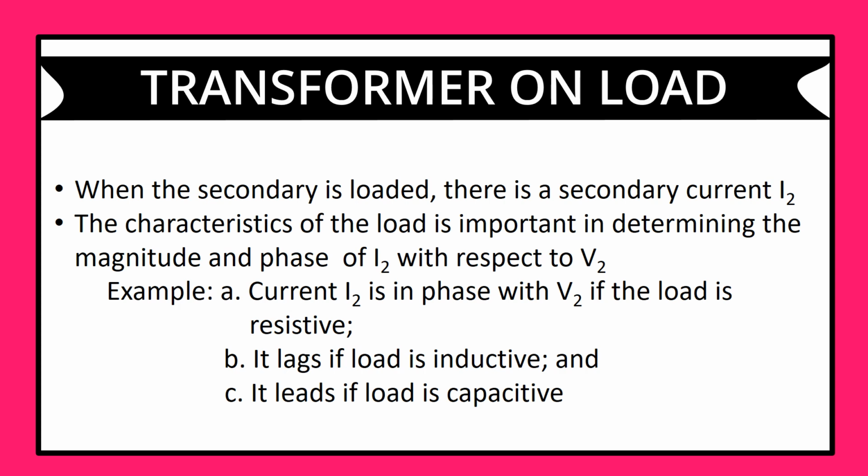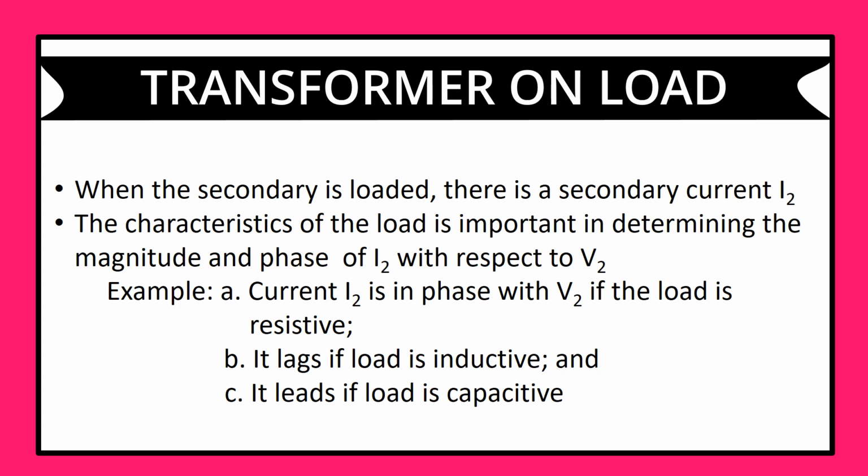In transformer on load, once the secondary is loaded, the secondary current I2 is set up. The magnitude and phase of I2, which is the secondary current, with respect to the secondary voltage V2, is determined by the characteristics of the load. So the characteristics of the load is very important in determining the magnitude and phase of I2 with respect